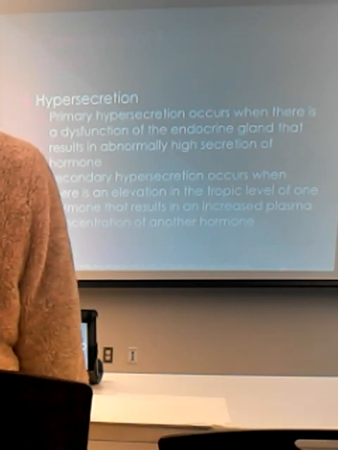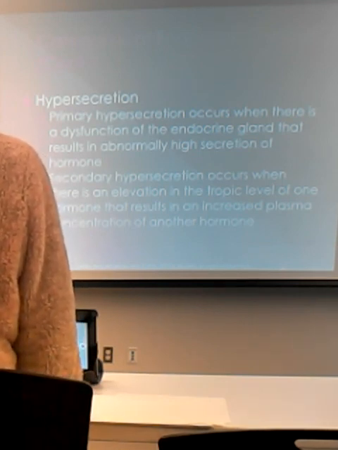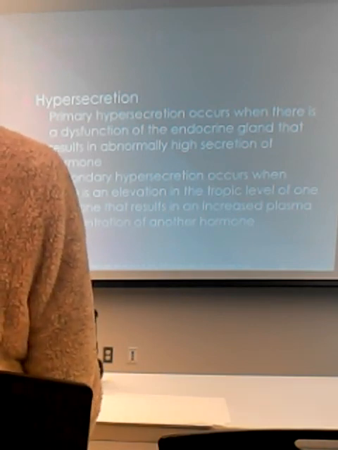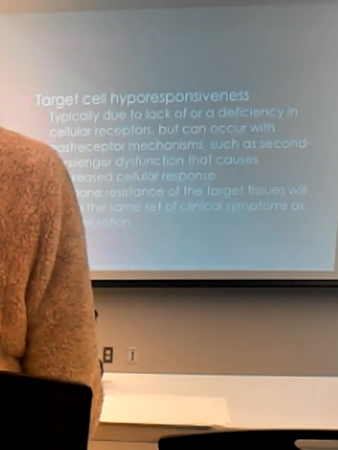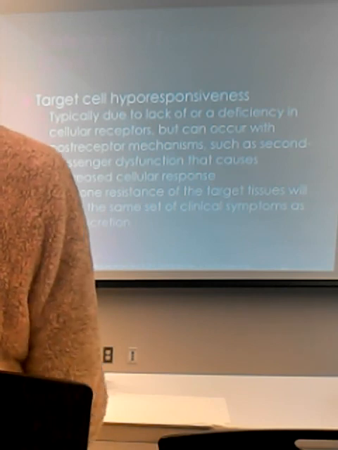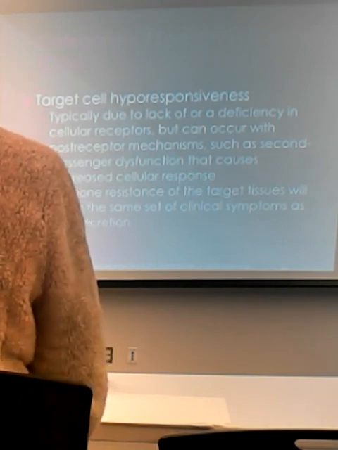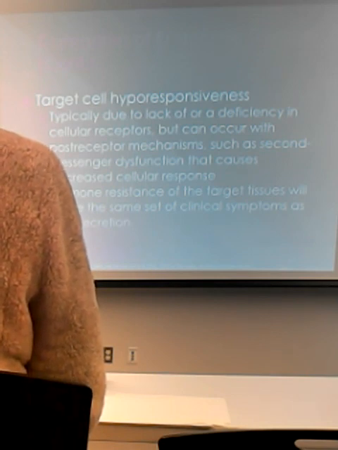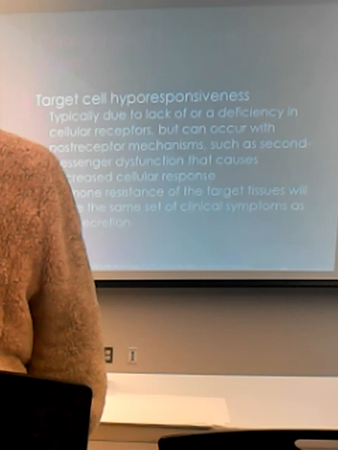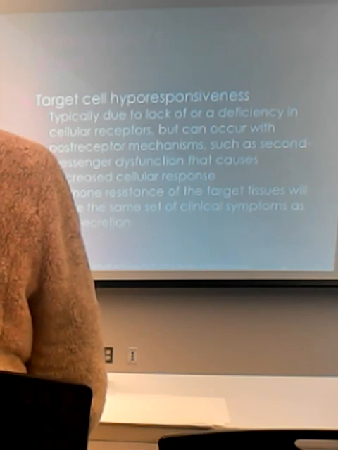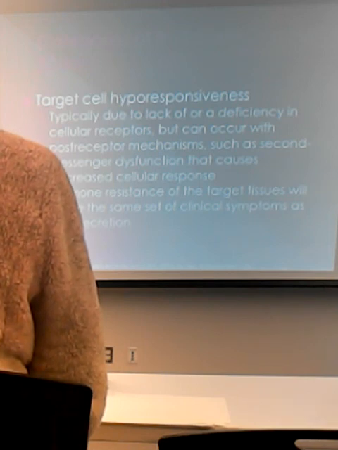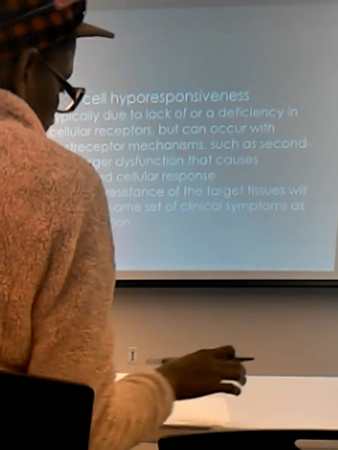Hypersecretion. Well, golly, this is the same thing. There's primary and there's secondary. In some cases, there's tertiary. Okay. Target cell hyporesponsiveness. There's a bunch of reasons why. I gave you the single most important reason why for purposes of Patho 2 and the final exam, and that's type 2 diabetes. You're releasing too much insulin, target cells for insulin don't want to be responsive as much anymore. Make sense, you guys? There's a bunch of other reasons why.